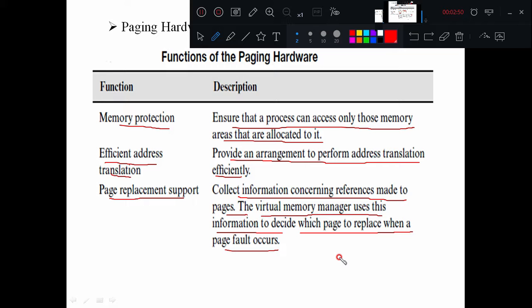Once the address gets converted from a logical address into a physical address, it is the responsibility of paging hardware to replace a particular page in the main memory from the hard disk, right? So these are the three functions of paging hardware.